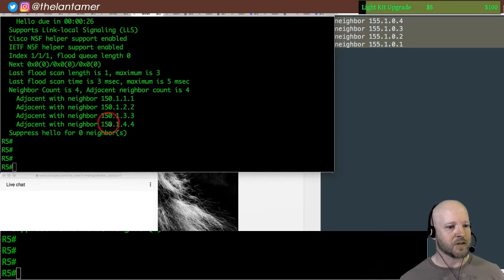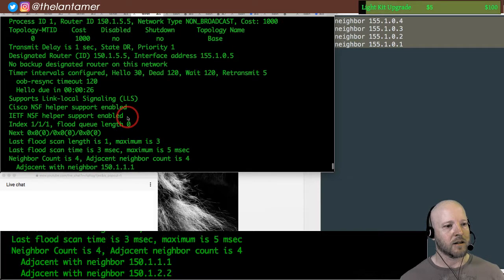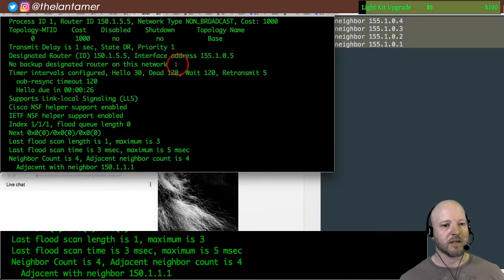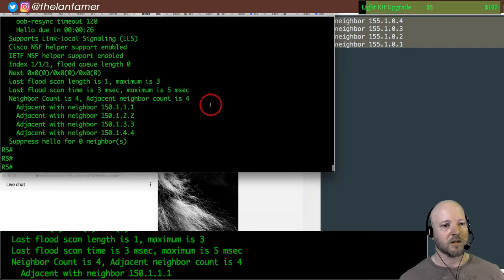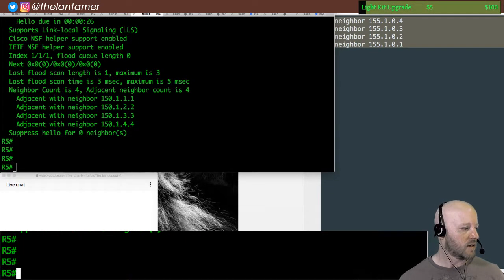It should also say, yeah, no backup router is designated on this network. Which is okay, that's what we want, right? Yeah. So once we have this adjacency,